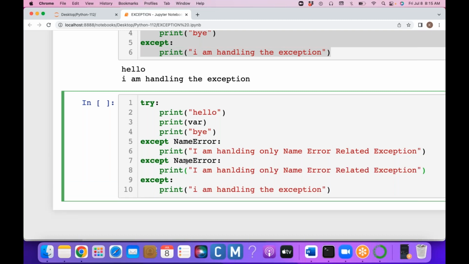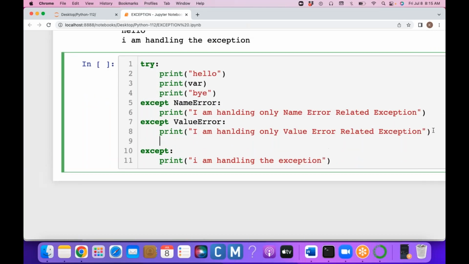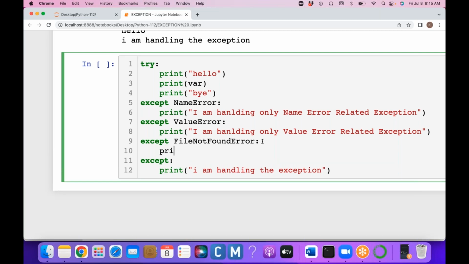then we can go with the value error. So value error exception related. For example, if you are getting an exception because of file handling, file not found error. When you are getting the file not found, then in that particular situation I need to go and handle that particular exception. So this is the way you can write the